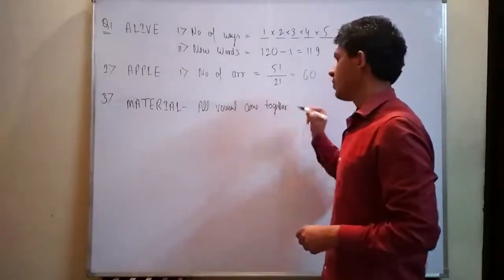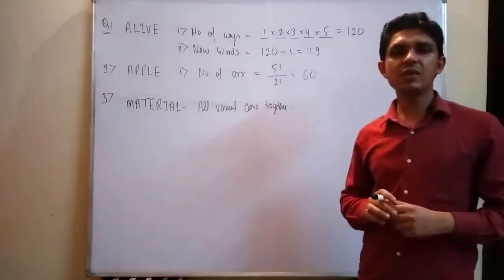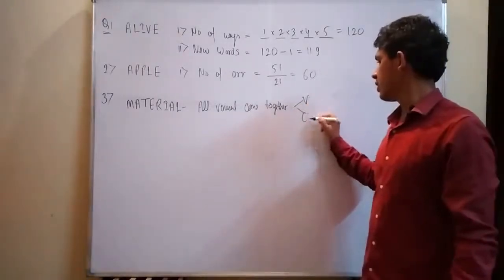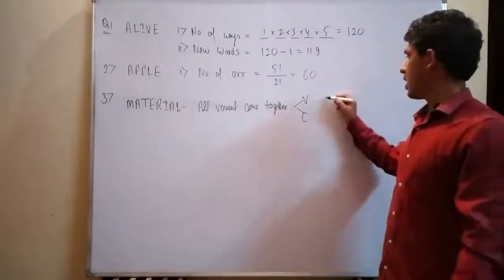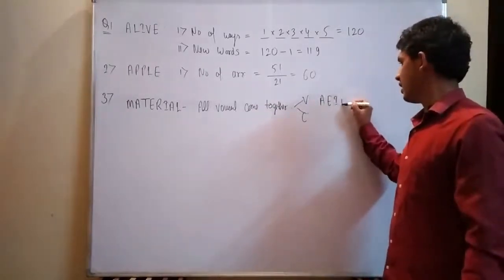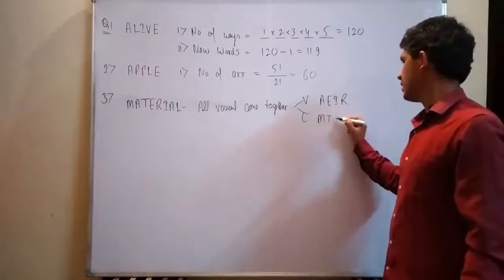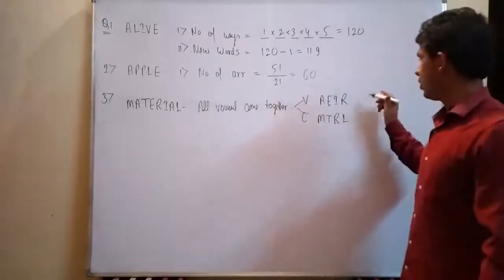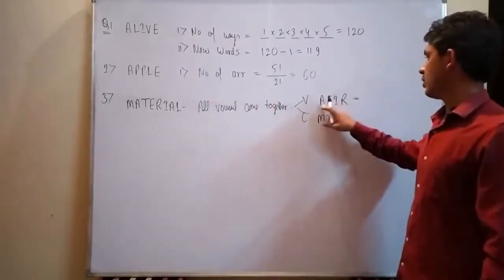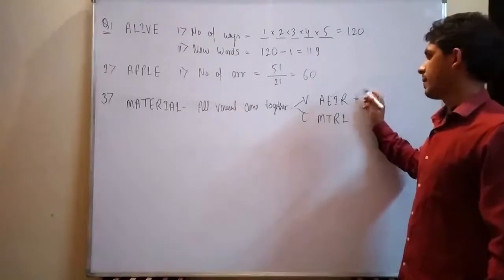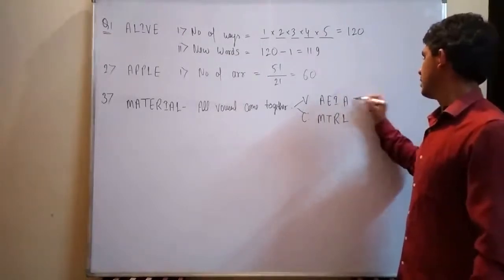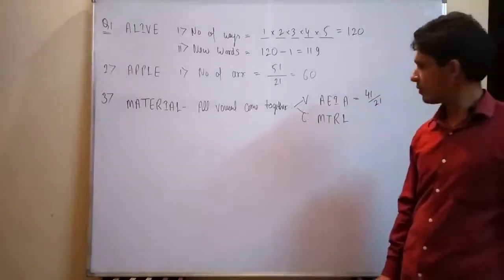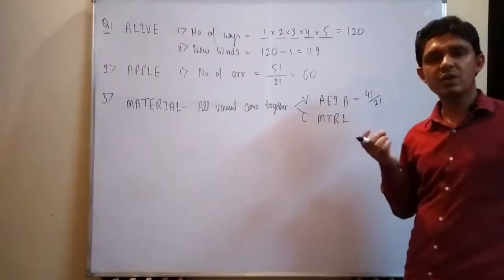So for this, what will we have to do? We have to first segregate all the vowels and consonants. If we check all the vowels and consonants, the vowels are A, E, I, A, and the consonants are M, T, R, and L, right? So arranging all the vowels can be done in factorial 4 divided by factorial 2 ways, and I have to arrange all the vowels